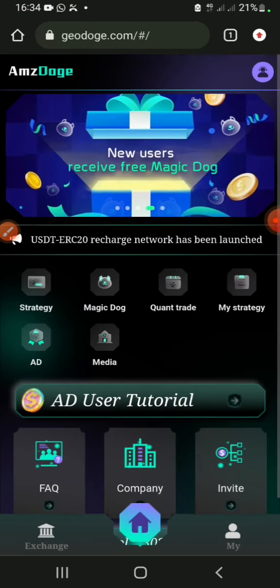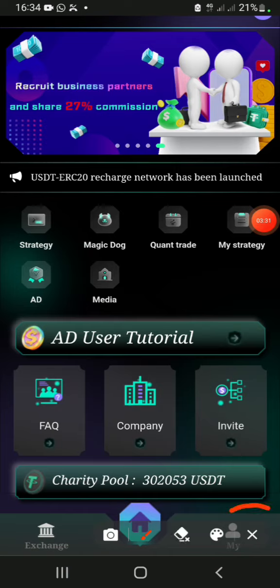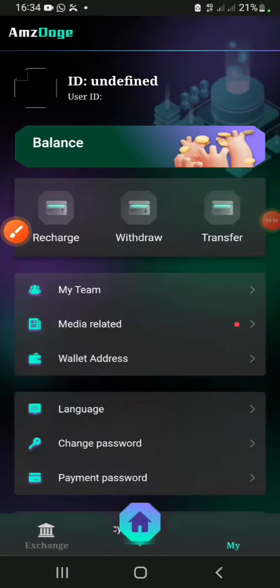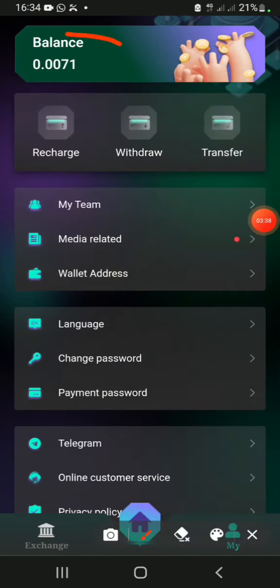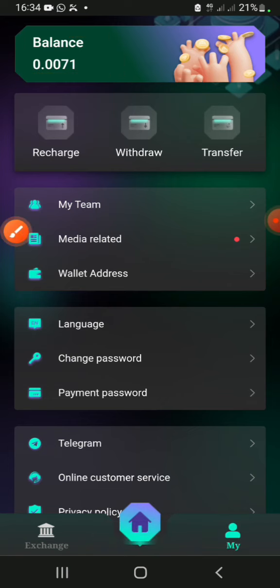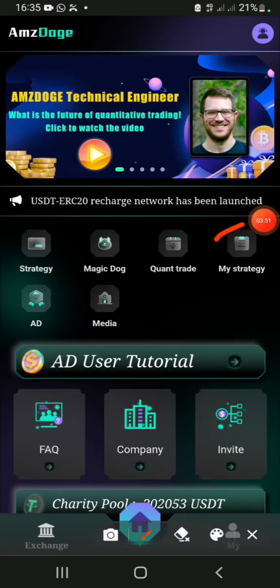So now on the page, let me just show you that I'm signed in. You just tap on my right here, and this is it here. It shows my account balance as 0.00 because I have an investment running, so that's why my account balance is not here. Just to show you, when I go back to the homepage and tap on my strategy,